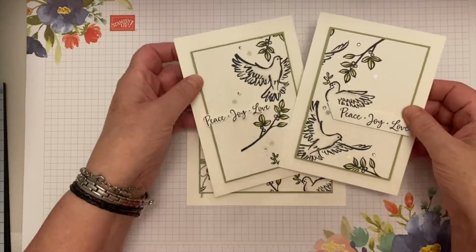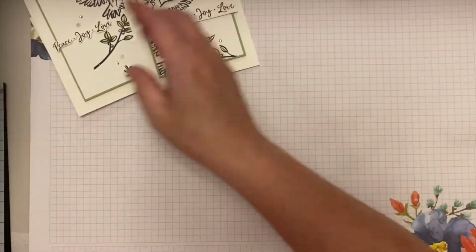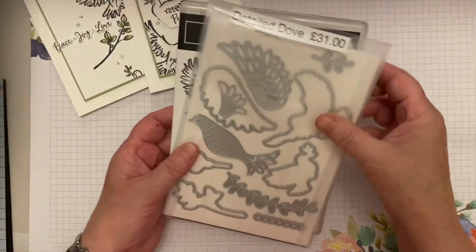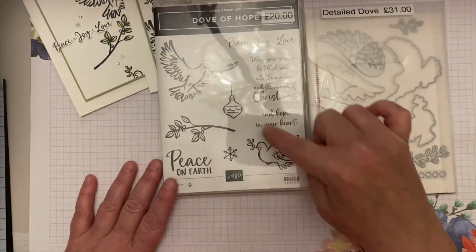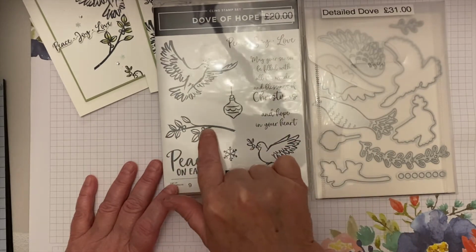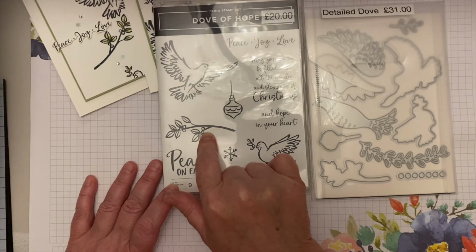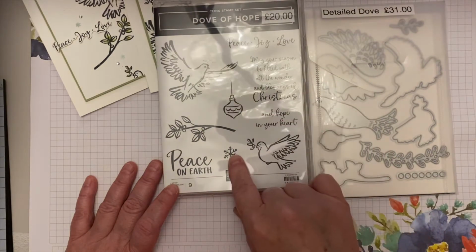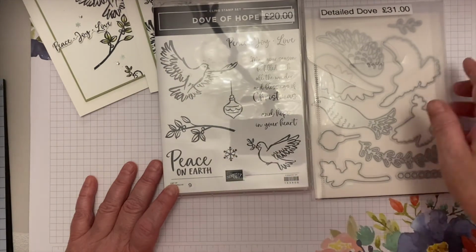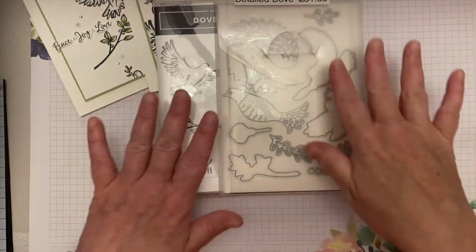So I'll get started. This stamp set is quite a beautiful stamp set. Let's have a look here. It comes in a bundle and it's called Dove of Hope, and you've got 2 doves, a little stick with what I think is possibly, oh, I can't think of the names now, little berry things anyway, a bauble and a snowflake. Then it comes with the beautiful dies that make it quite a big dove, so I haven't played with those yet,